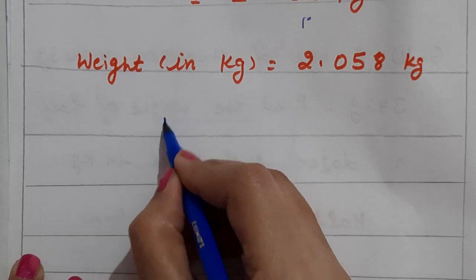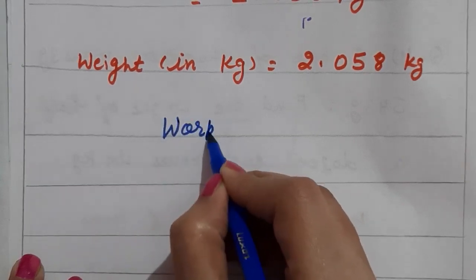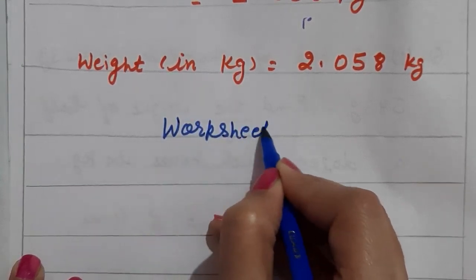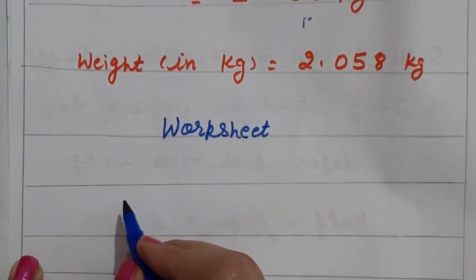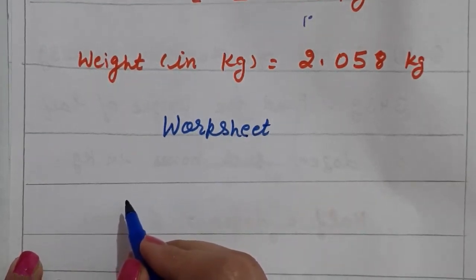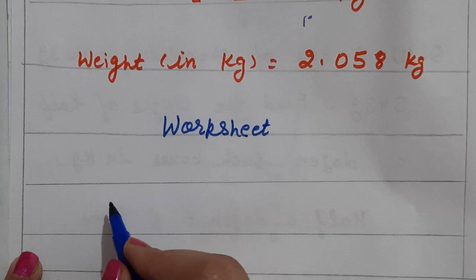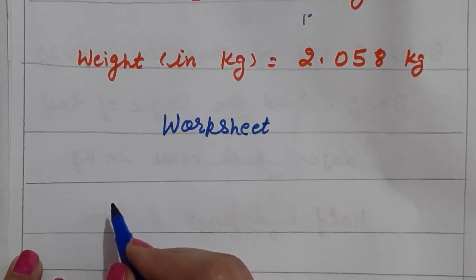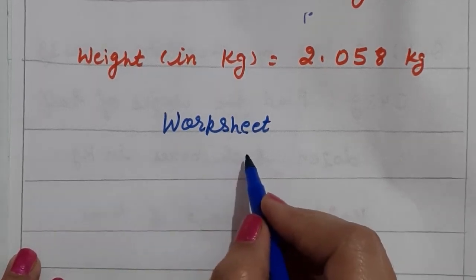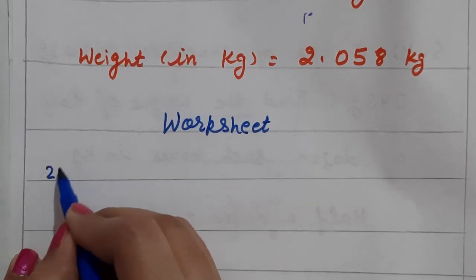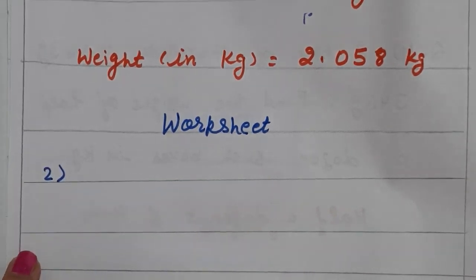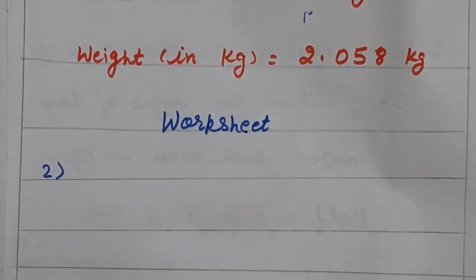Now we will do worksheet questions. Exercises are completed. Some questions I have given in homework, some in classwork, and a few we will consider in the summary lecture and assignment. Now worksheet question 2. Revise carefully and ask the problems in your query class. If you have any doubts, you can ask.